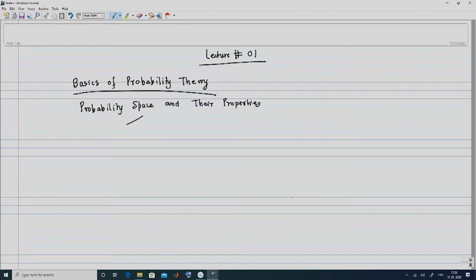We will first look at the finite discrete space, and then we will look at a general probability space. So, finite discrete probability space. We start off with a definition